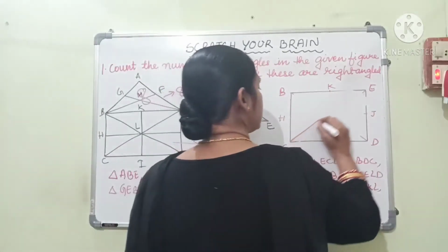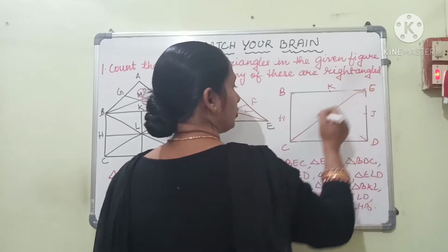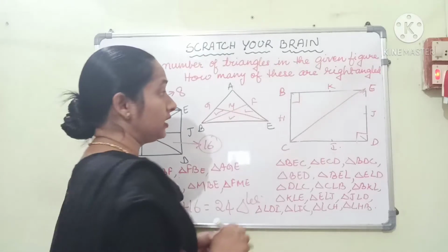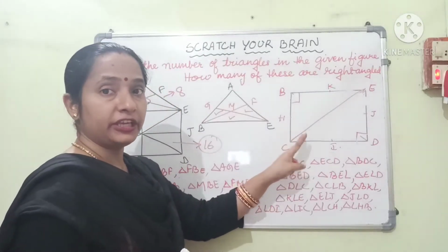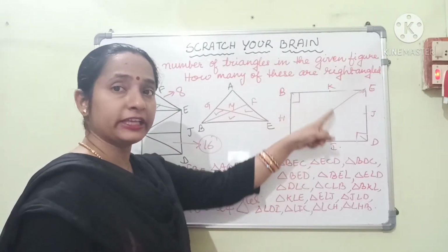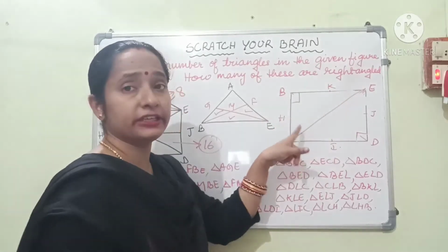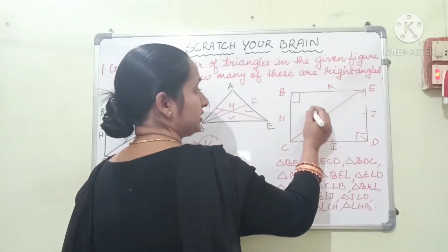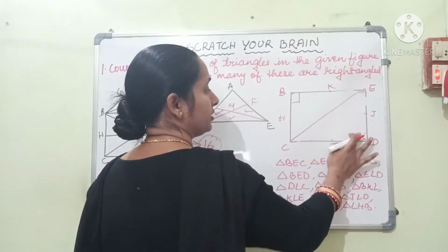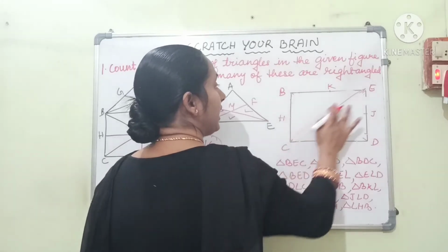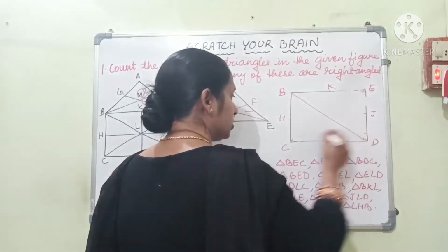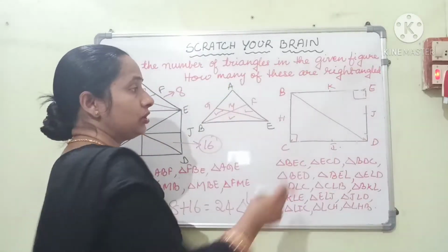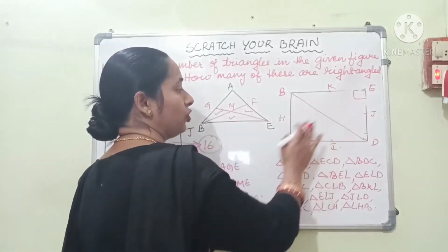if you are drawing the first diagonal, here we know in a rectangle we have all the angles right angles, and when we are drawing a diagonal, here we got two right angled triangles. So this is the first right angle triangle, this is the second right angle triangle. Even when I am drawing another diagonal, then also I am getting two right angle triangles, isn't it? Okay, so third right angle triangle, fourth right angle triangle.